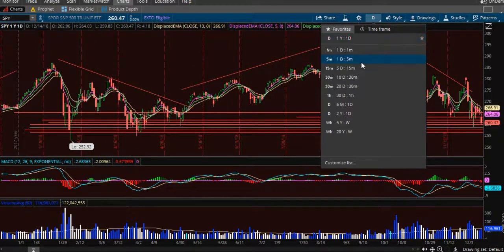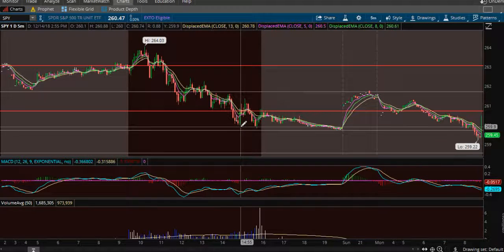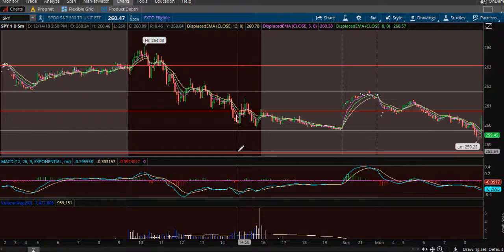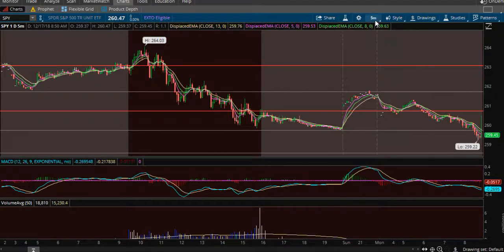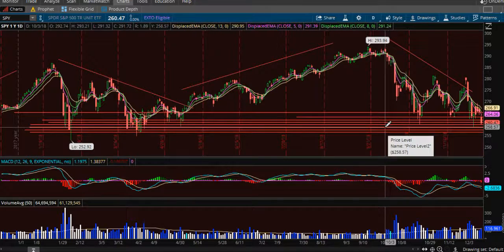We'll go to the 5-minute chart and I'll show you guys. We're now below Friday's low and testing that 259.73, which is that first lower wick. Like I said, there's really no support until that second wick from last week, which was the low of 258.62. So there's really not much room until that level. If you go back to the daily chart, that's about a point